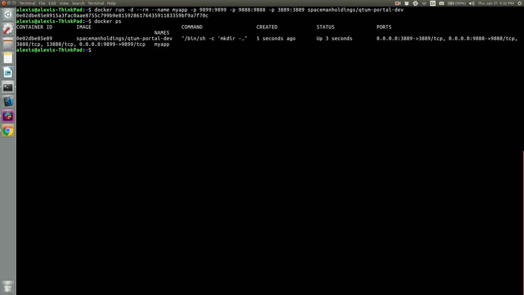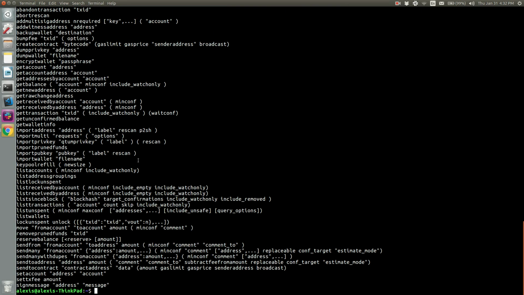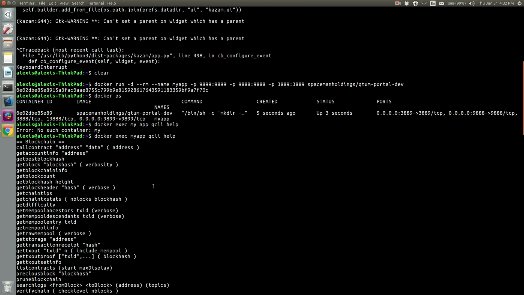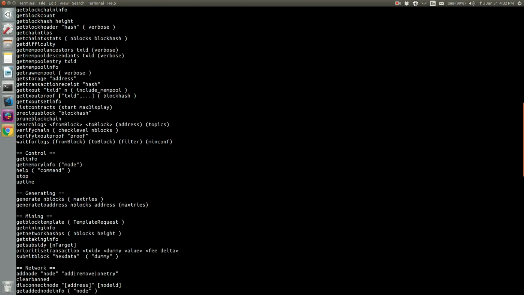I would recommend going to Qtum Book. That's the developer guide for Qtum, to look at more of the commands that you can do. This is a really cool little thing, but once you're running the CLI, I accidentally put a space. You can see all of the different things that you can actually do. So I'm running the local blockchain, and here are all the different commands you can do to interact with your